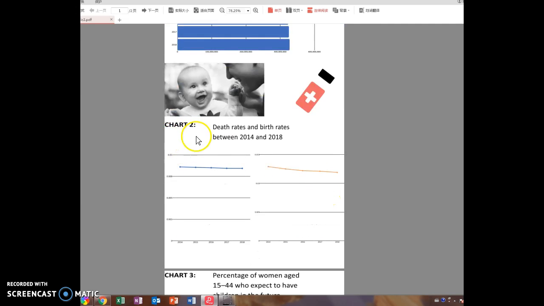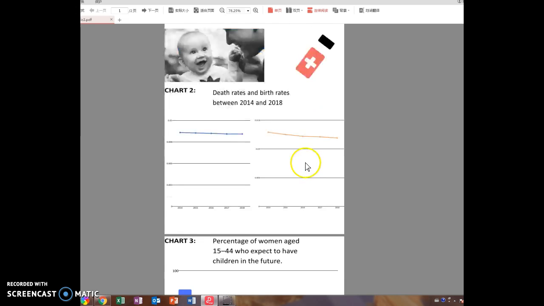And my chart 2 is about death rates and birth rates between 2014 and 2018. You can see in these 5 years, the birth rate is 70% higher than the death rate. So the natural population increase rate is 70% higher